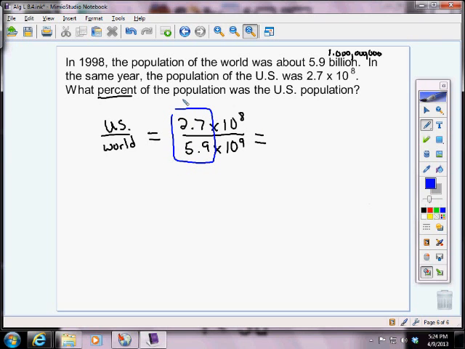2.7 divided by 5.9 is going to be approximately 0.4576, we'll stop there, times 10, and I'm going to subtract their exponents, times 10 to the negative 1. Now we're looking at percent here. So my advice to you is to change it just into a decimal number. Negative 1, I'm going to move it 1 to the left. So this becomes